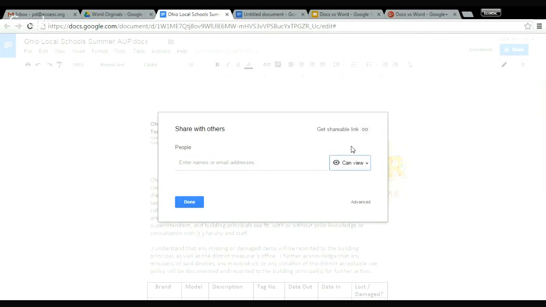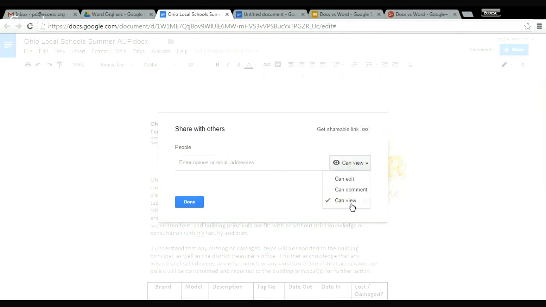And then "can view" means that they can only pull this up, they can view it, they can download it, and they also have the option to reshare it with somebody, but they can't make any changes to the document. They can download their own copy, or they can make a copy, and then they can make changes to your copy. But just know that, you know, once you do that,